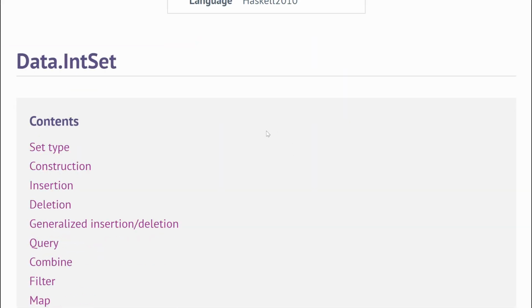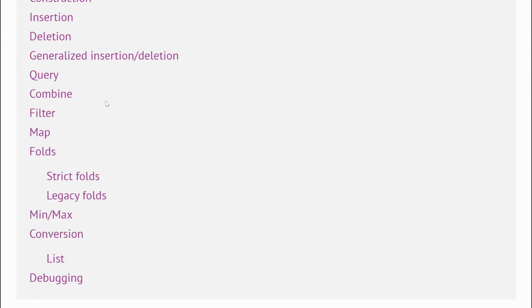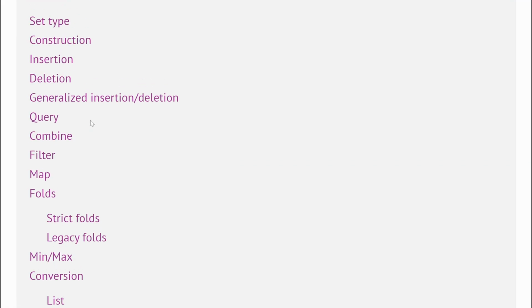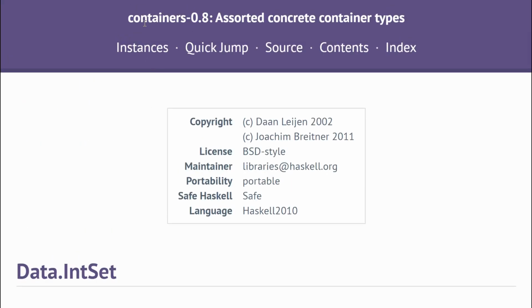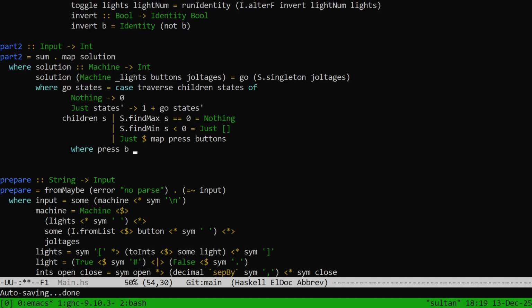What do we have in sets here? I think I'm sort of like, I mean... Oh, but I should be looking at IntMap, right? Not IntSet. IntMap